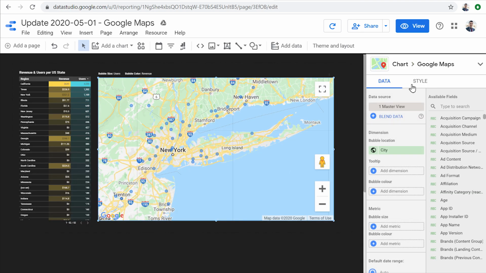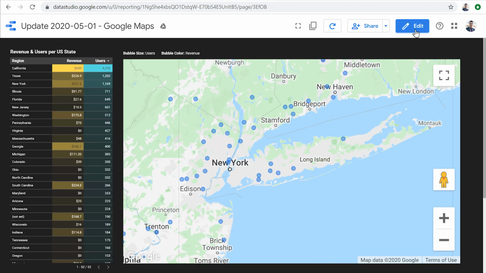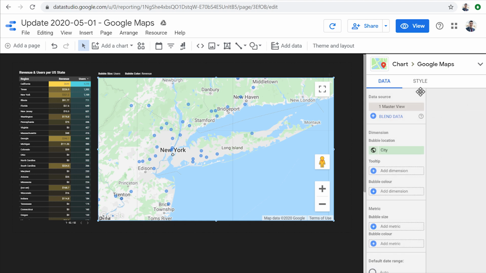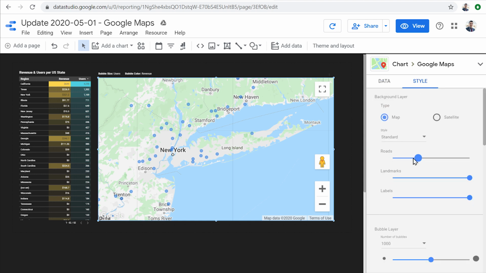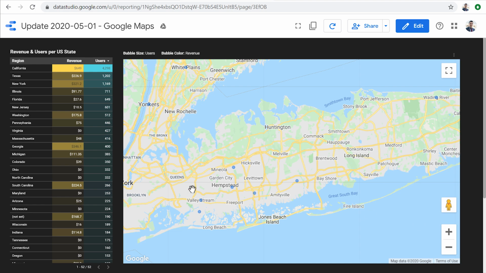So the level of granularity that we can see the maps and roads and labels, so we can just try to show less roads. Okay, so just maybe let's try that. Yep. So it is not showing any roads. If we just increase it a little bit, now it should only show kind of highways. I guess this one is when we are looking at a city level. So let's see if I can zoom in. No, I cannot. So we have to zoom in even a bit more to see the impact of